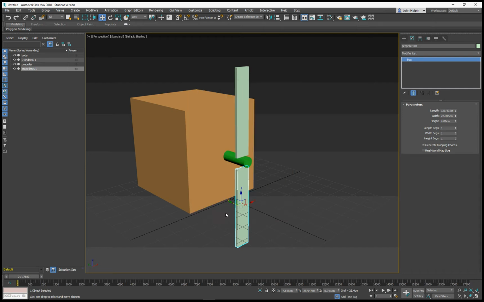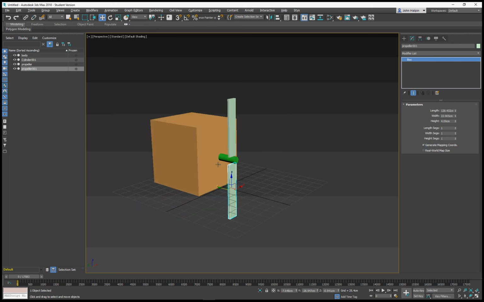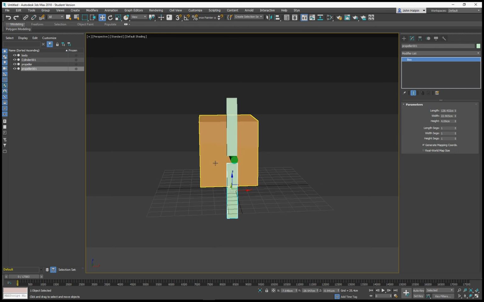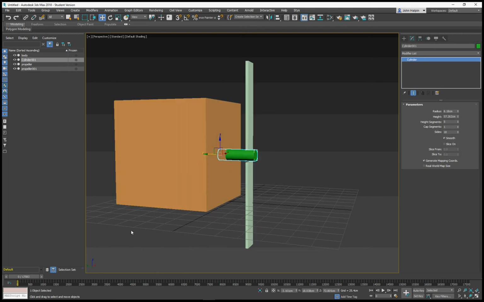So I've got some boxes here set up, and one is going to be the body of the plane. We've got two propellers and we've got a central axis for them to rotate around. So I'm going to take propeller 1, and if I were to rotate that on its own it would be quite tedious, so I want to link it to the cylinder. So I'm going to turn on AutoKey